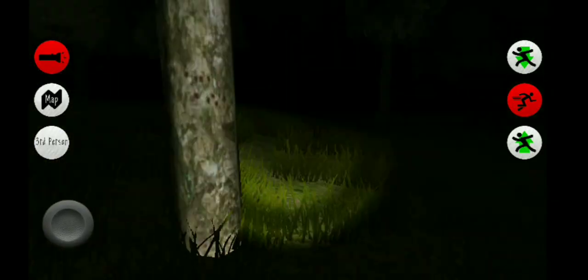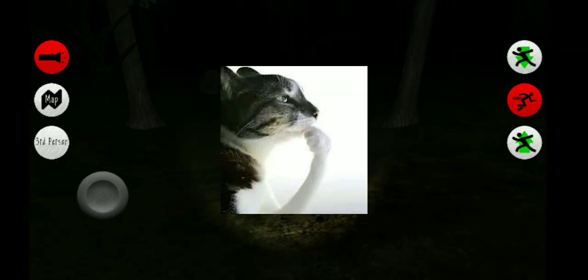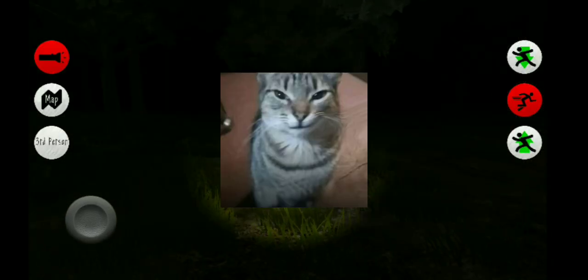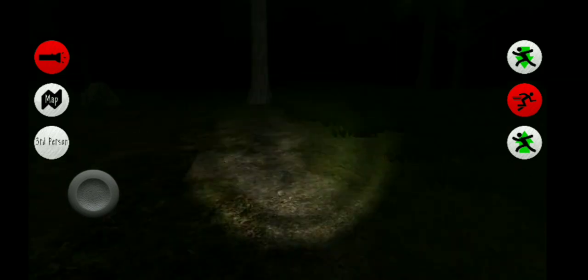Now, I could end the video here and not talk about anything else and do the outro, but I don't want to. I actually want to show you guys how the games actually look on mobile. Starting with